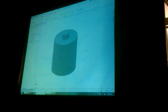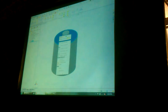Just going to do this real quick to show you, for any questions you guys had. All right, so actually, while I'm at it, let me show you one more thing, which is another way you can do this with the same sketch. So in this case, if I wanted to do the cap